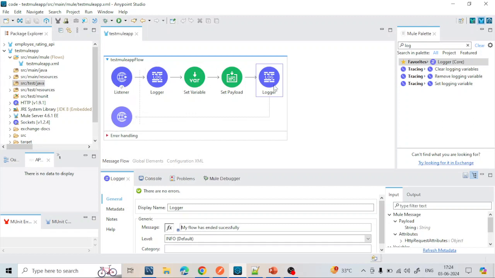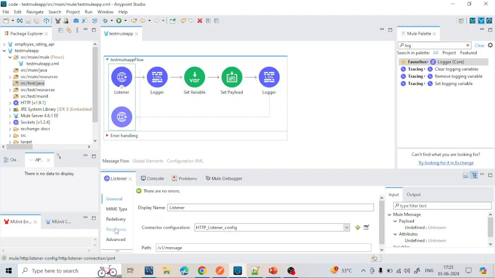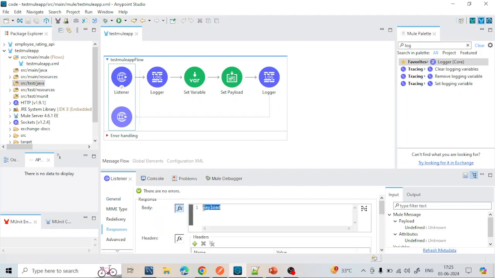After the last connector, there is a line that basically joins to the first listener, and whatever the response is, whatever comes here in the payload, it will come as a response to this listener. Why payload? Because we have set the response as a payload. If you want something different in the response, then you have to change it here. Whatever you have set here in the body, you will get as a response in case of success,